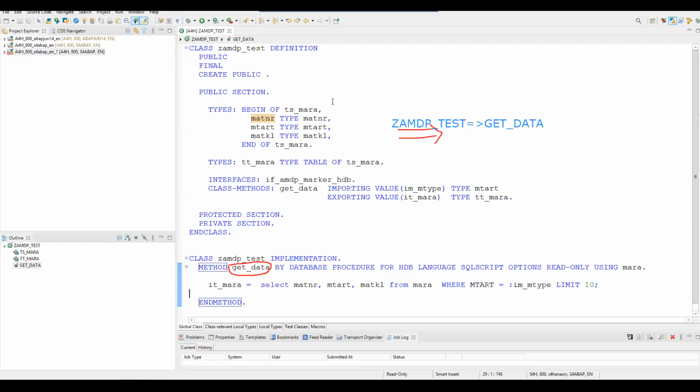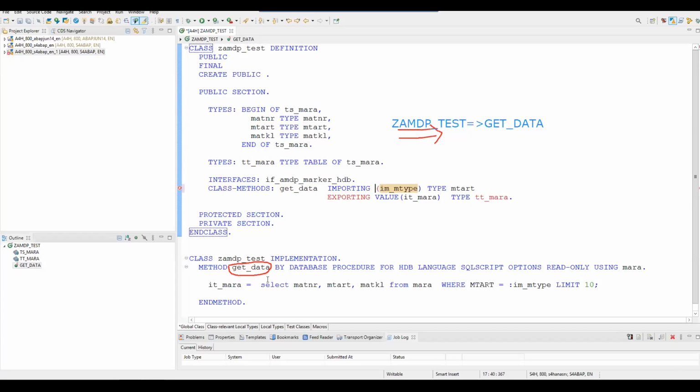Yes, sir. That portion of declaration of class methods, importing and exporting, I didn't get it. Okay, so you understand the concept of methods, right? Yes, sir. Okay, so in this, see, we are using value over here just to make sure that it's pass by value. Like in normal object oriented ABAP, even if you don't give this value, it will work, because